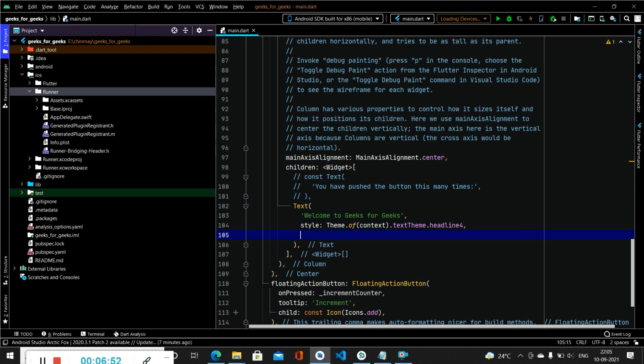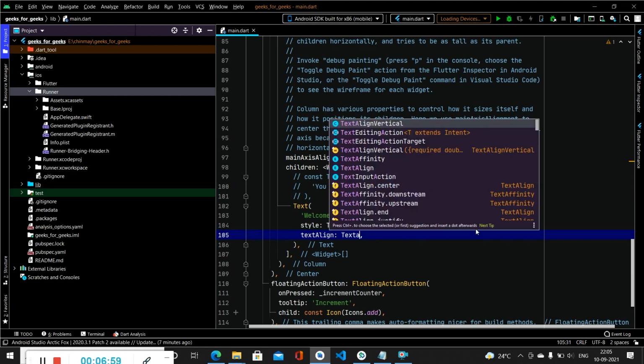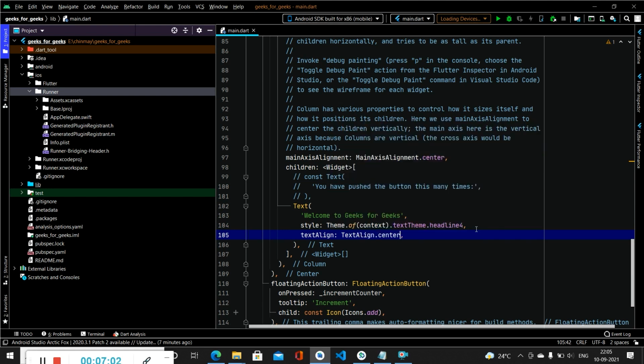Here we will align this text, so we'll simply call textAlign, then we will call TextAlign.center to align this text to the center.